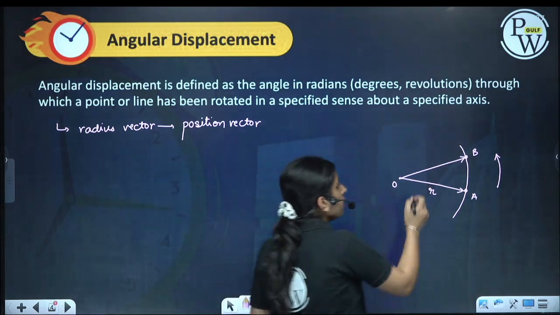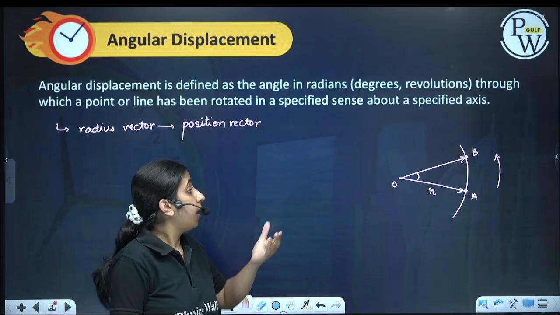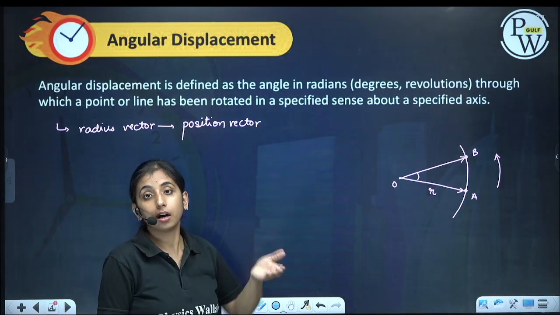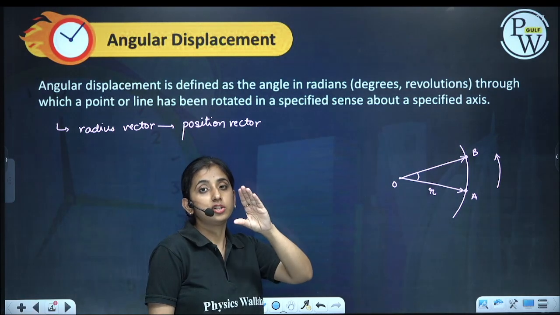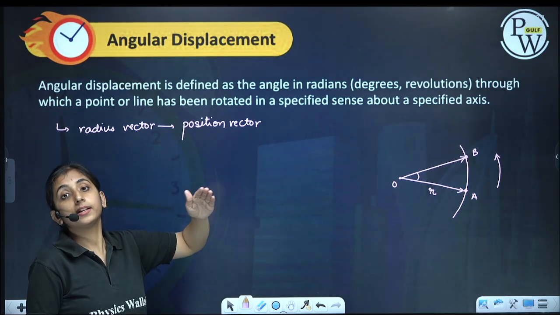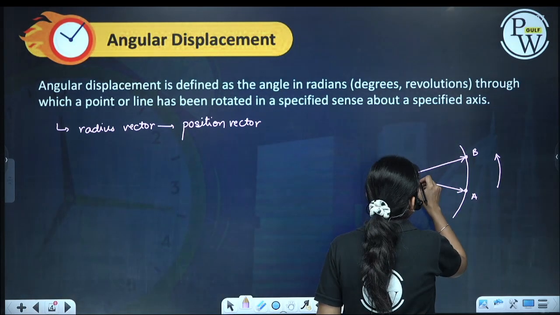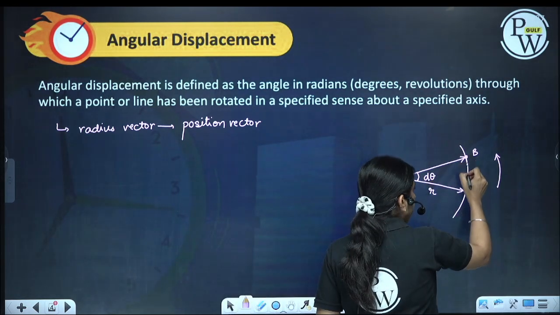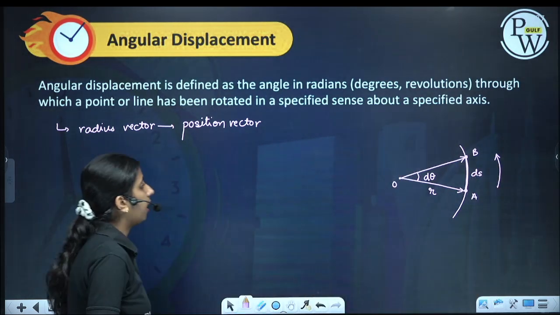Direction is changing. So if in some time dt or delta t, the particle's position has changed by some angle delta theta, then this change in the angular position, or the angle swept by the radius vector, is called angular position. So let us take it as, if this is my d theta and this arc length is ds, okay, arc length is ds.